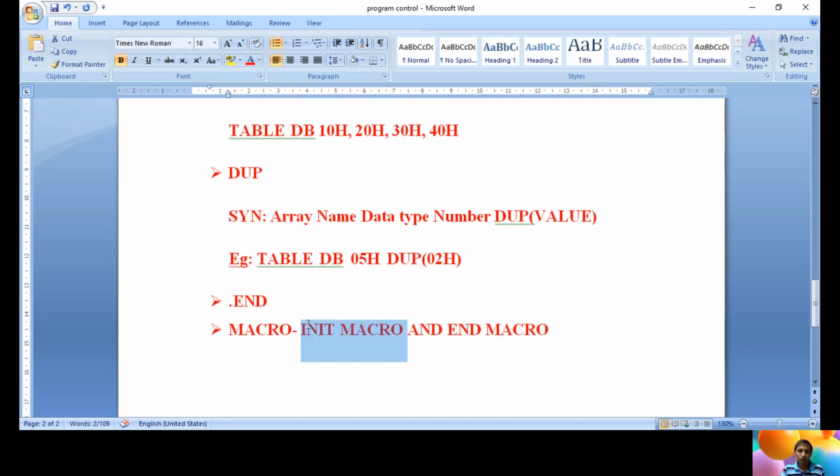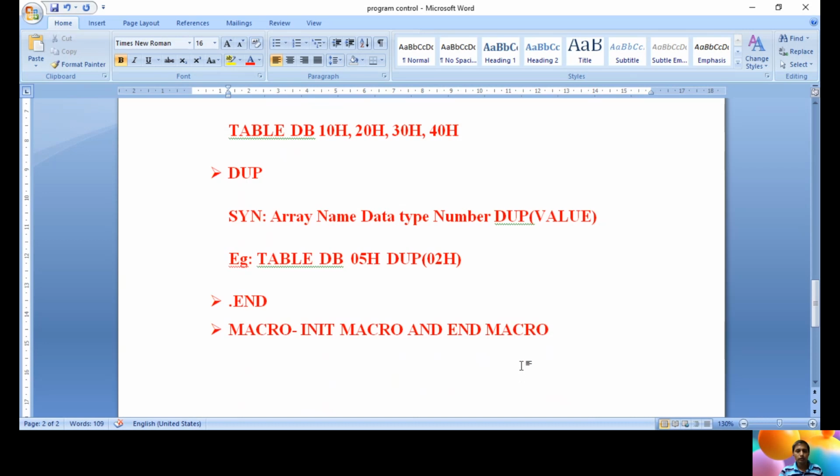MACRO indicates the start of the subprogram, and ENDM indicates the end of it. So a macro is a subprogram containing a set of instructions, and if you call it, you simply write the macro name in our regular program. Automatically, whatever instructions are present in the body of the macro come into the current position. That is the advantage of the macro instruction. These are the two points related to macro.